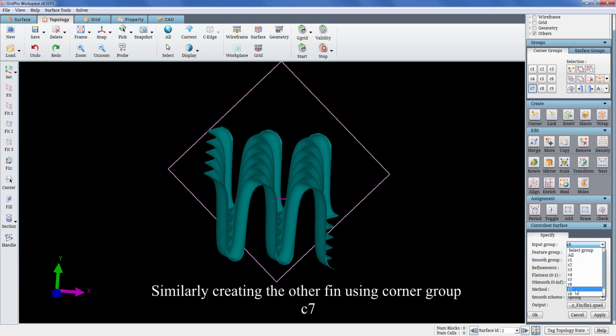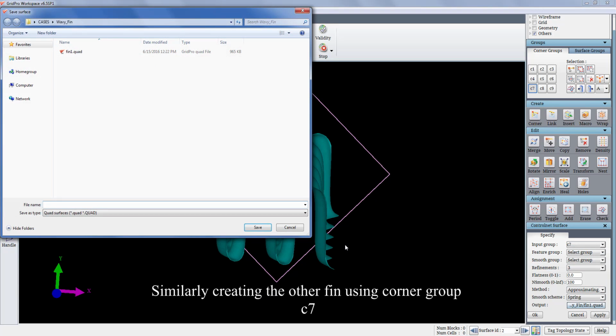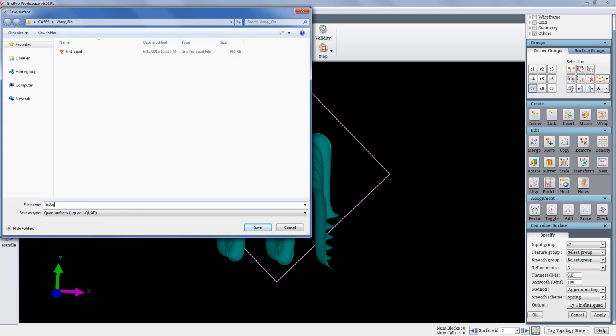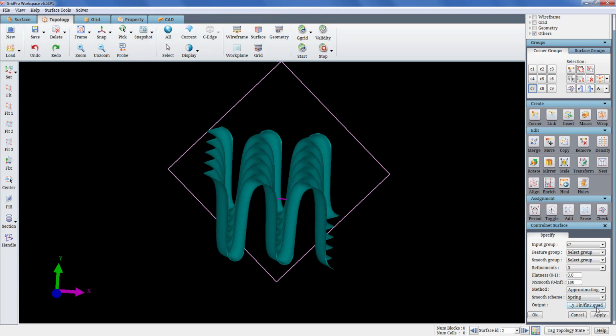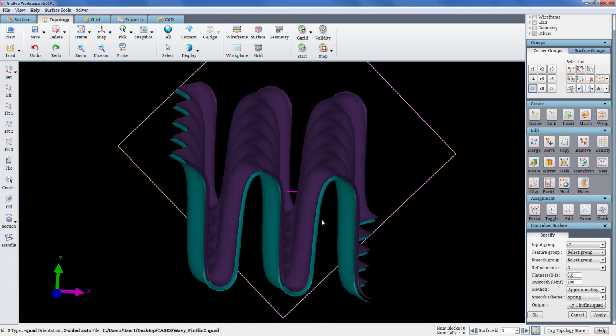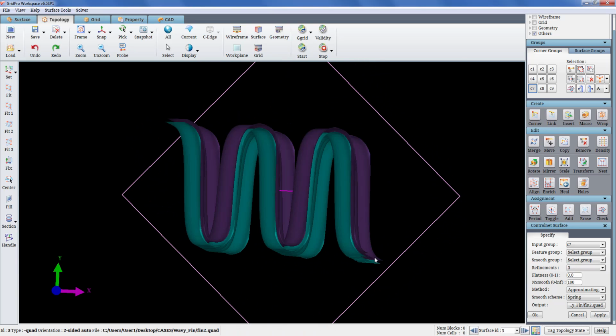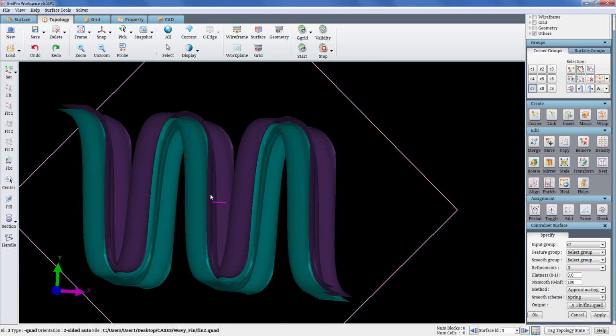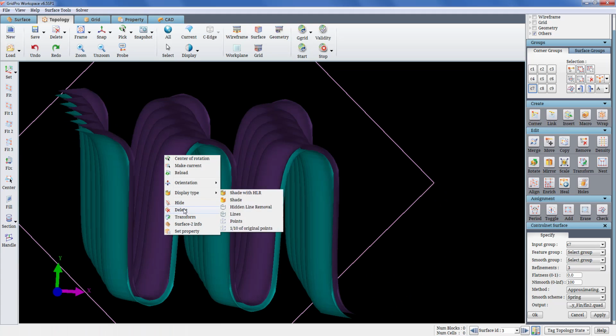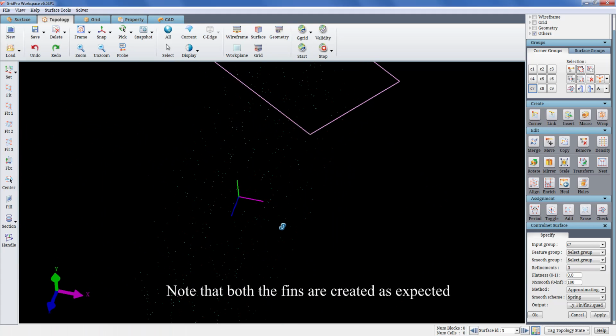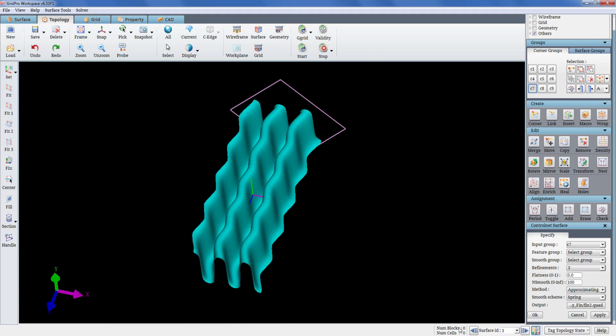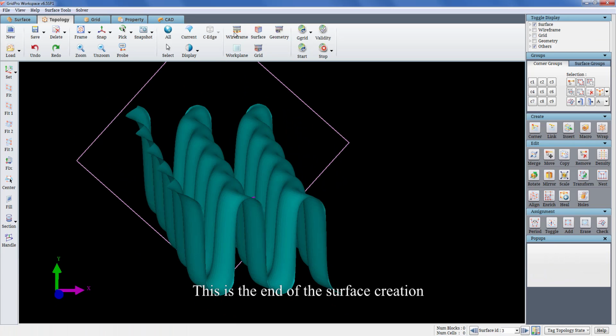Similarly, creating the other fin using corner group C7. Note that both the fins are created as expected. This is the end of surface creation.